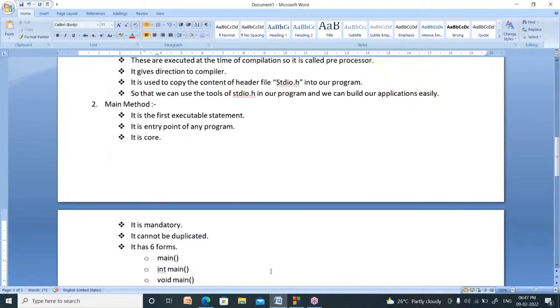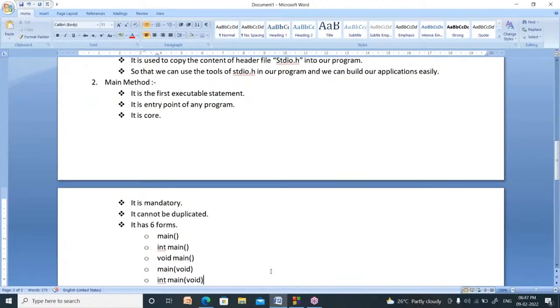Now, what is the main method? It is the first executable statement. It is the entry point, which means your program will start its execution from main. It is core, meaning very, very important. It is mandatory, meaning compulsory.